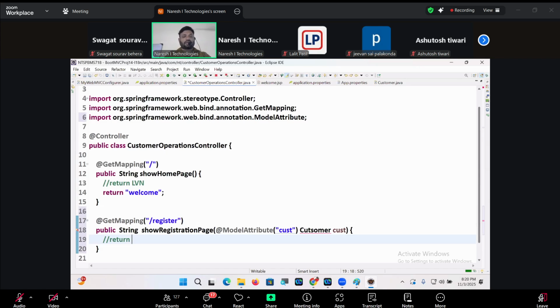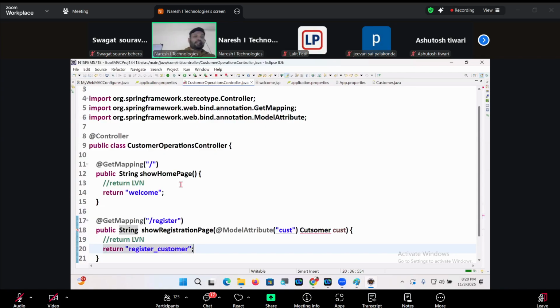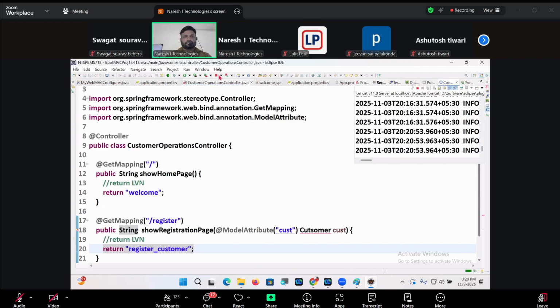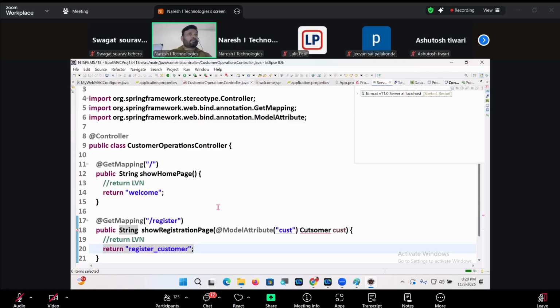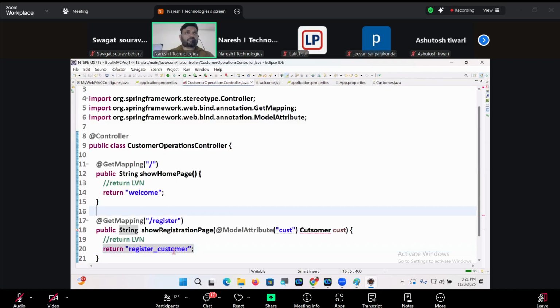Return register underscore customer. Yeah, Customer cust, don't worry, it was a spelling mistake.